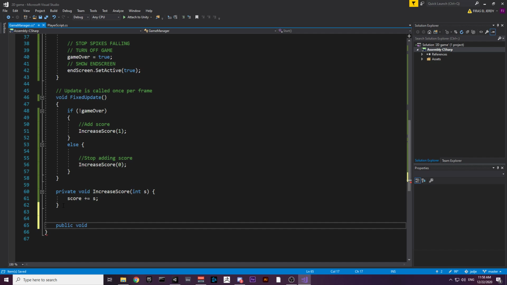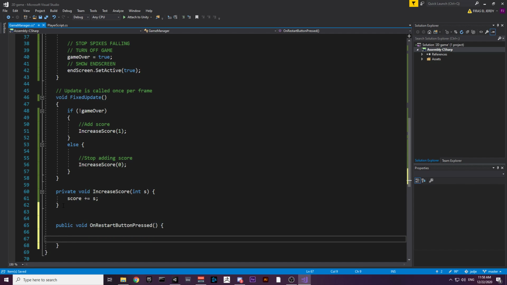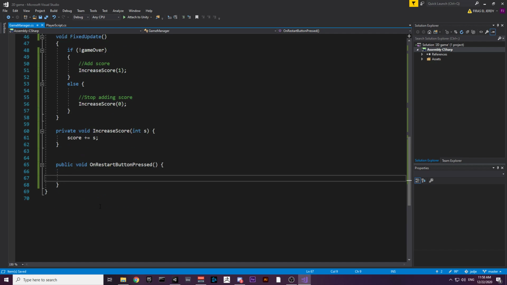We don't want to return anything, and we're just going to call it on restart button pressed, something that signifies the event that we're going to do. And this is where we're going to do a couple of things. So we're going to set end screen active,